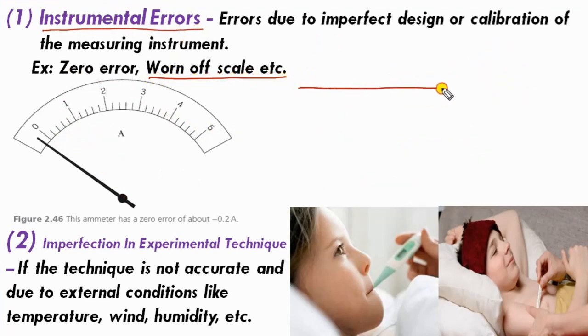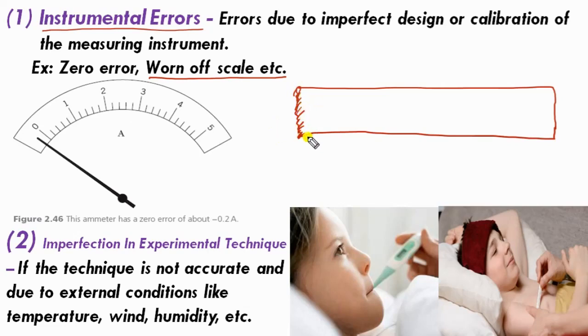It means a scale that is worn off from one end. It may occur due to extensive use of the scale, due to mishandling, the scale being too old, or for some other reason. Now, since this scale is worn off from one end, there is a possibility that the markings near the end are also missing along with the missing part of the scale. So there is a possibility that instead of starting from 0, this scale is starting from the second mark, say 0.1. Then third, fourth, fifth, sixth, seventh, eighth, ninth, then 1 centimeter, 2 centimeter, and so on.